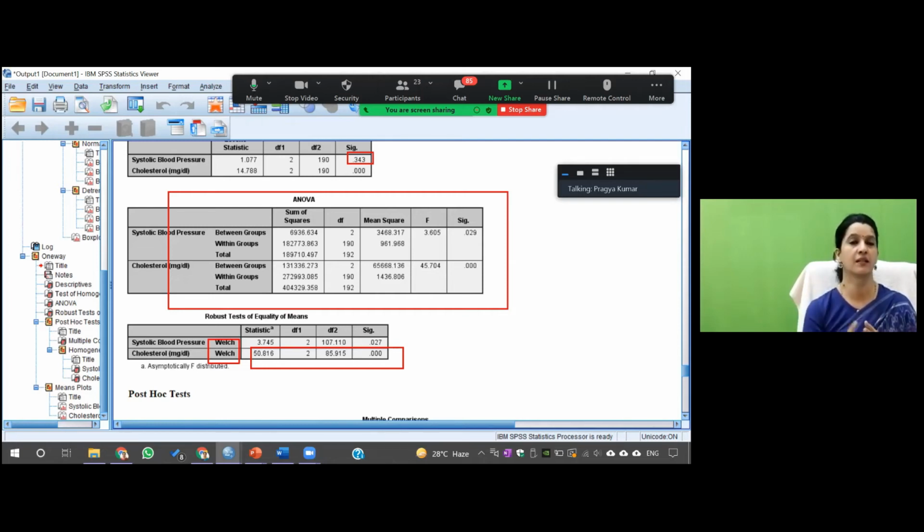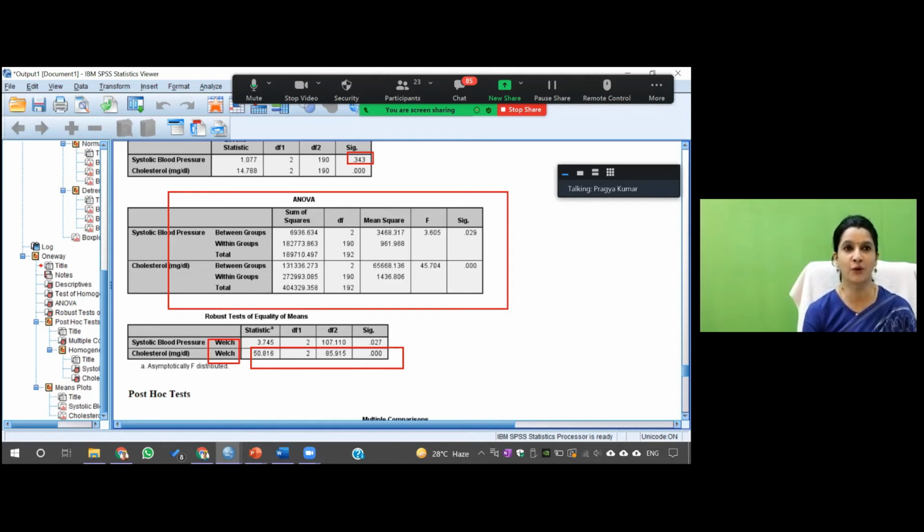So for the Levene test and Shapiro-Wilk, if the p-value is more than 0.05, it is good for us. If you don't want to remember the concept of the null hypothesis, that is fair enough. But remember that for these we don't want the p-value to be significant. Everywhere else we want the p-value to be significant, but for Shapiro-Wilk and Levene's statistic we don't, because if it is not significant, it means the data is normally distributed in the case of Shapiro-Wilk, and the homogeneity of variance was met in the case of Levene's statistic. Is it clear to all of you up to this point?